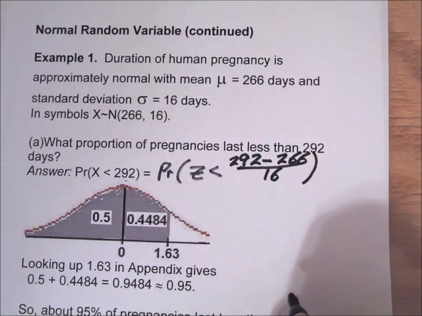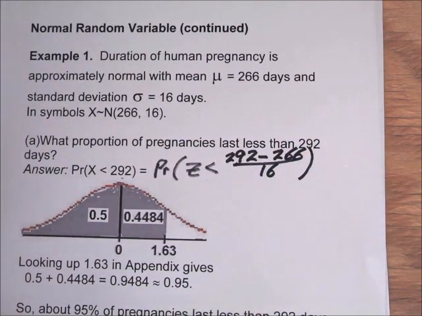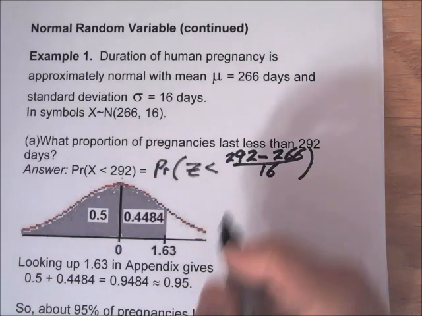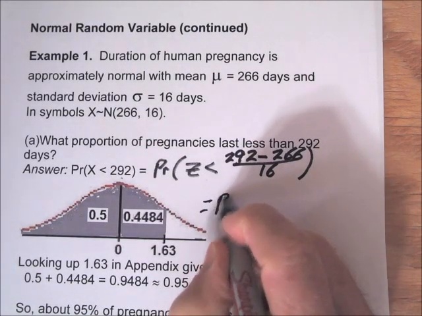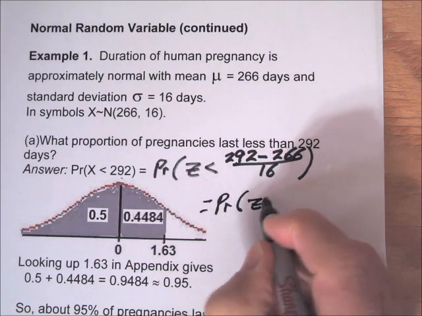That's 292 minus 266 equals 26, divided by 16. So the probability that Z is less than